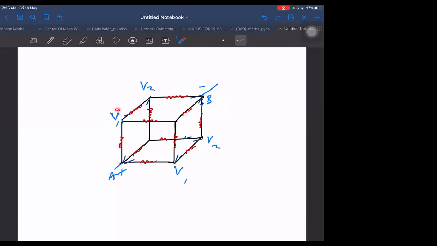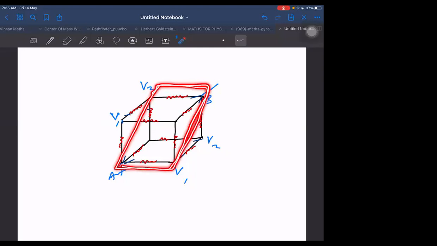I'm getting to know this and this potential are same. This and this potential are same. This two, sir. The two are there, sir. Wait. One is also V1, sir. Wait a second. I will place a mirror in another way now. If I place a mirror in this way, can I place in this way also?